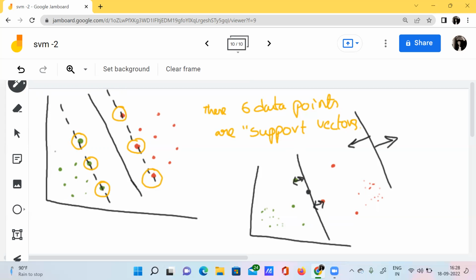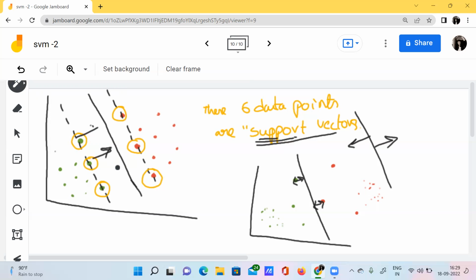Okay, so this is happening because these data points are our support vectors. Support vectors, see here the word support. Support means these data points are actually supporting this hyperplane. These data points are bearing the weight of this hyperplane.